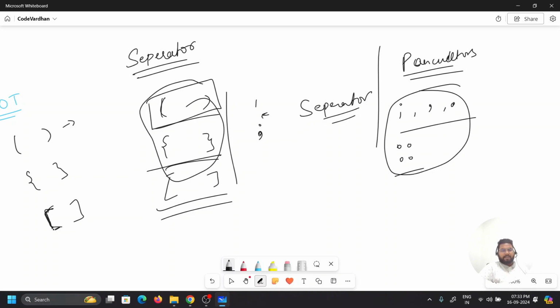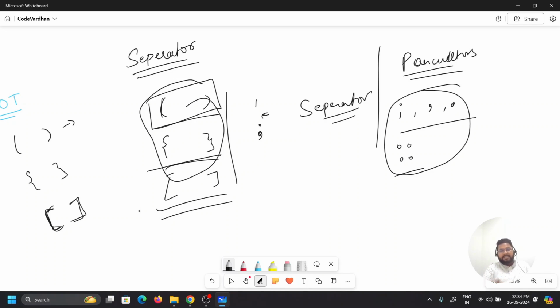These are fixed terminology which we have to follow. I hope I'm making this clear. So we can understand that our entire programming language gets converted into these 7 groups. Apart from these, there is nothing else inside a programming language.